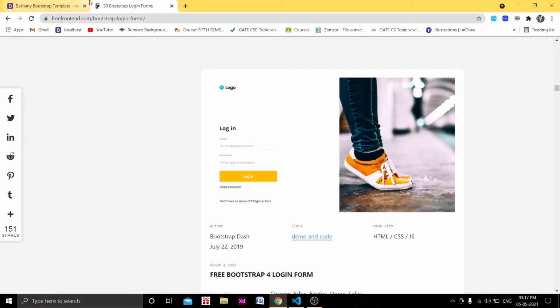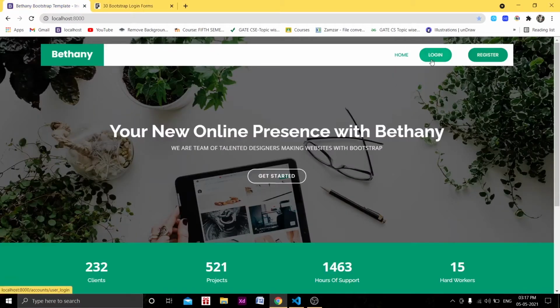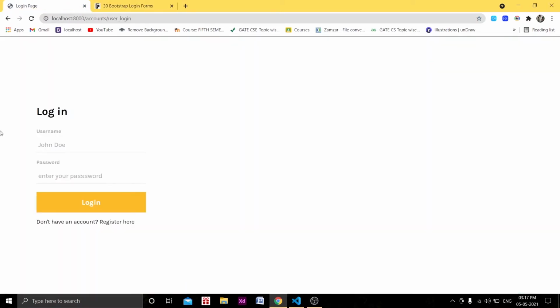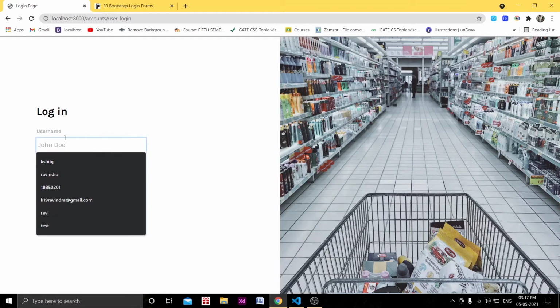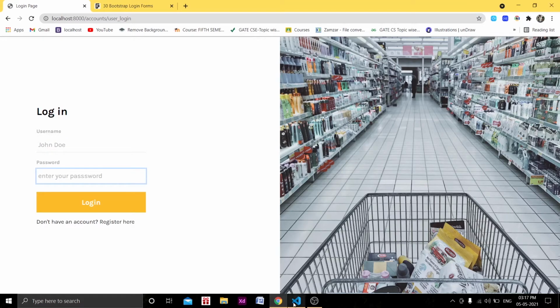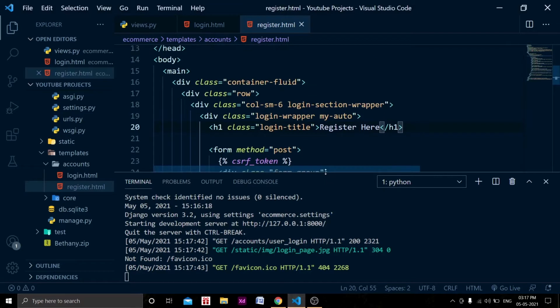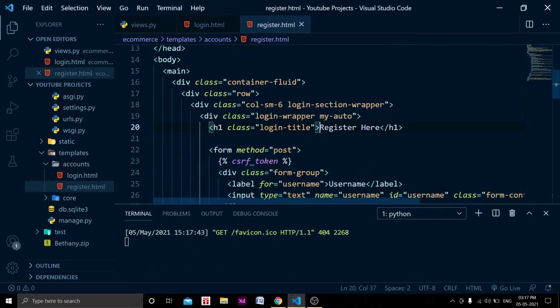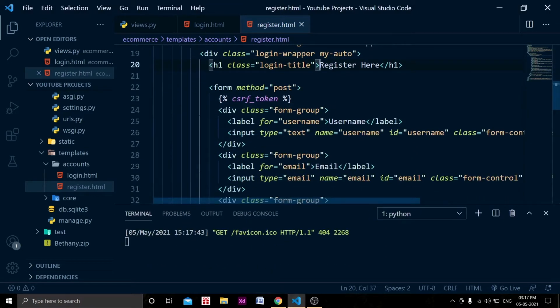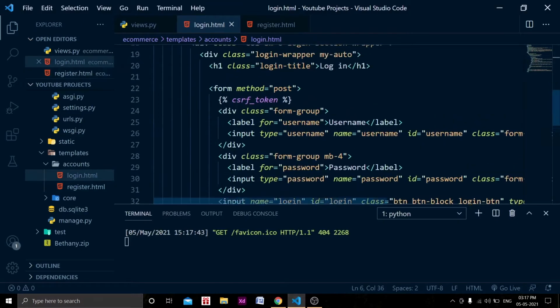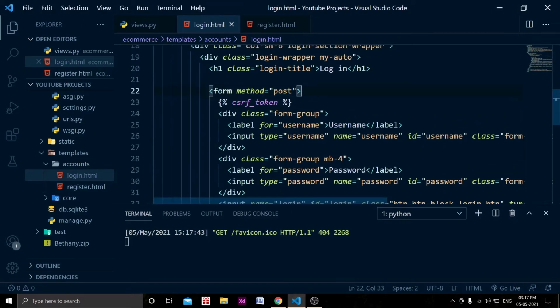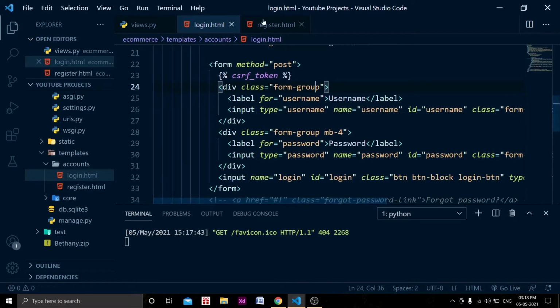And as you can see here, when we click on this login button, the login will come here with username and password. As you can see, its code is here. I have manipulated it, just 2 to 3 changes. We need to change this form, add method equal to post, and add some CSRF token. After some minor changes, like copy pasting the username and password, you can manipulate it.